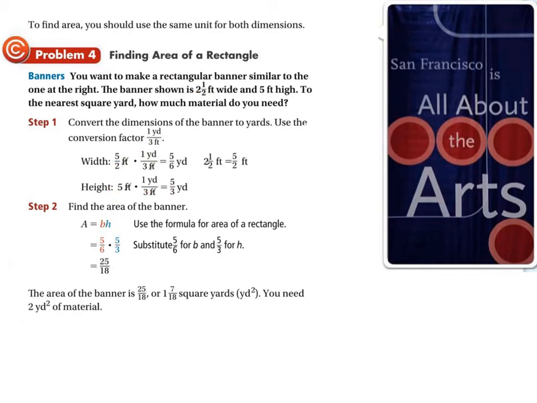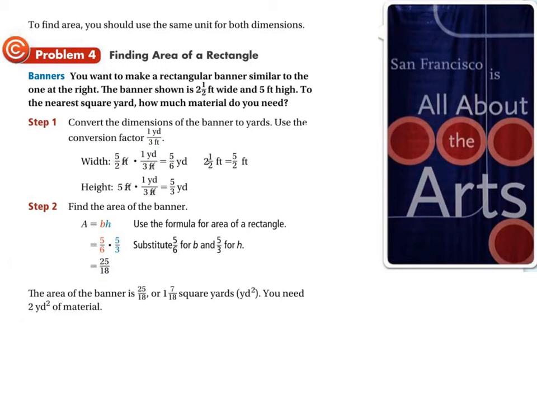So 1 times 3 is 3, and you get that. So what do you do to find a rectangle? You do base times height, so you're going to do 5/6 of a yard times 5/3 of a yard, and multiply them together. 5 times 5 is 25, 6 times 3 is 18, and you can actually just turn this